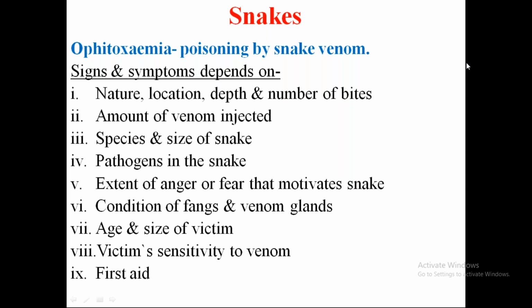So we'll continue today's class on snakes, animal poisons, organic irritant animals. So we have looked into different types of snakes and how to identify these snakes. So we have cobra, king cobra, where a spectacle mark, a hood is present, and then we have seen cobra where spectacle mark is not there, and then we have viper where diamond shaped spots are present, 3 rows of diamond shaped spots are present on the back, and then we have krait having horizontal stripes, and so like this we have seen how to identify